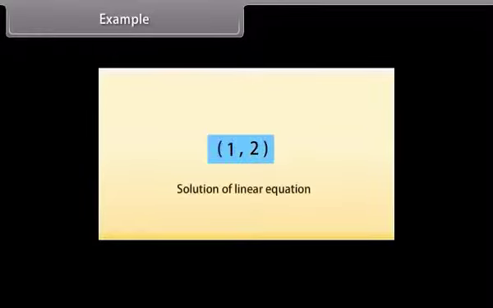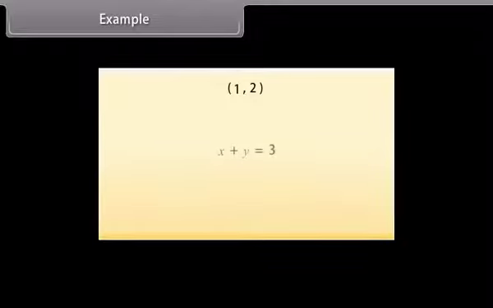Example. Let us go through an example now. Take the point 1, 2. Now we'll find the equation of a line on which it lies. Since 1, 2 is a solution of a linear equation, we will look for any line passing through the point 1, 2. One example of such a linear equation is x plus y is equal to 3, because